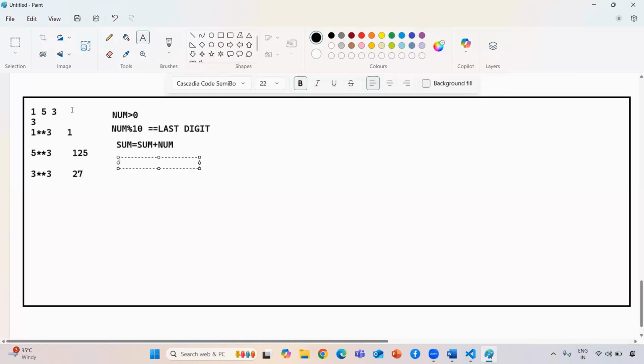So guys, after I get the last digit, I only need the remaining 15. How to do that? With the help of floor division. Because if you use floor division, it removes the last digit and gives you the quotient value, which is the updated value. So as of now we are